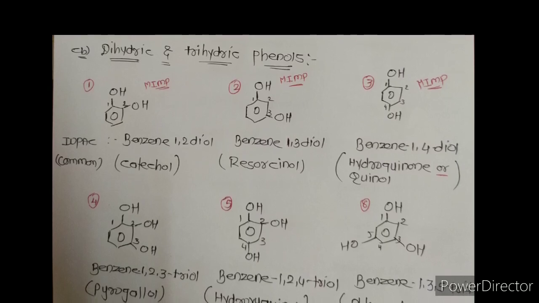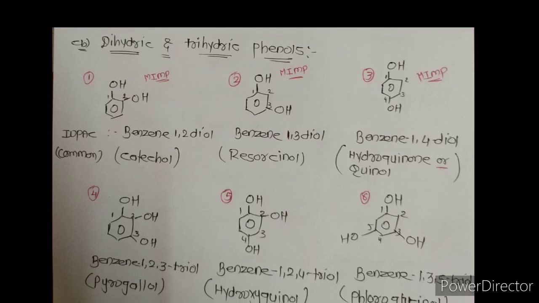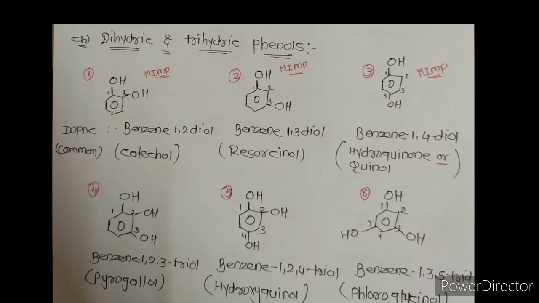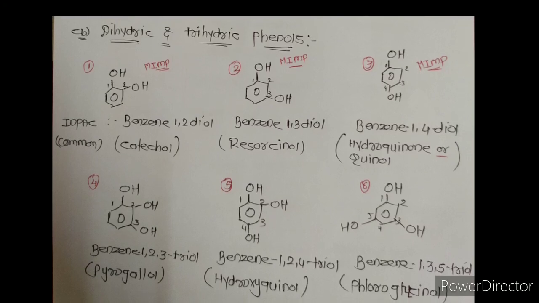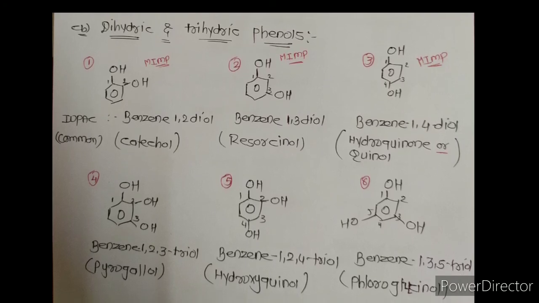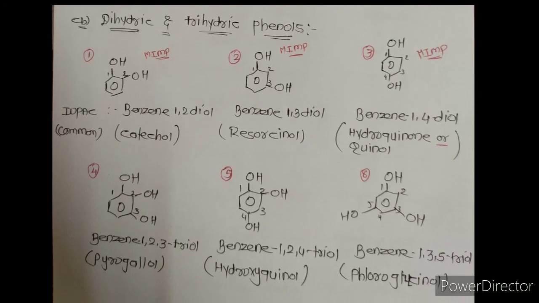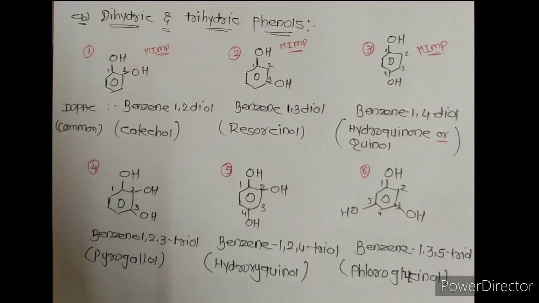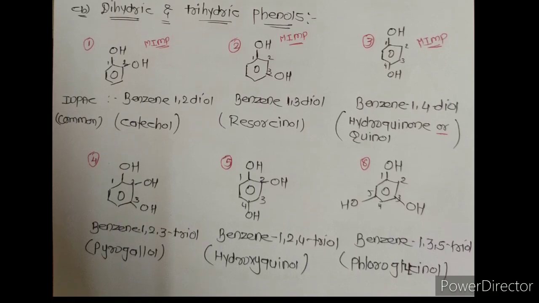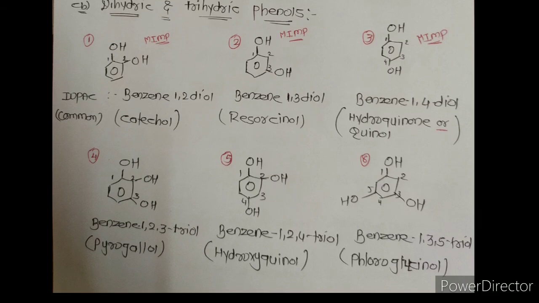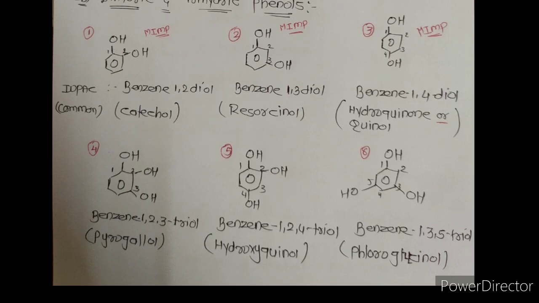If we talk about the first compound, in which both OH groups are present at the ortho position, it becomes catechol. For the second compound, the second OH group is present on the meta position, hence it becomes resorcinol. And in the third compound, the second OH group is present on the fourth position, hence it becomes hydroquinone or quinol. Hydroquinone or quinol has already been asked in a board exam. Resorcinol has already been asked in a GUJCAT exam, and catechol has already been asked in a board exam. So we must remember the common names of all these three compounds.